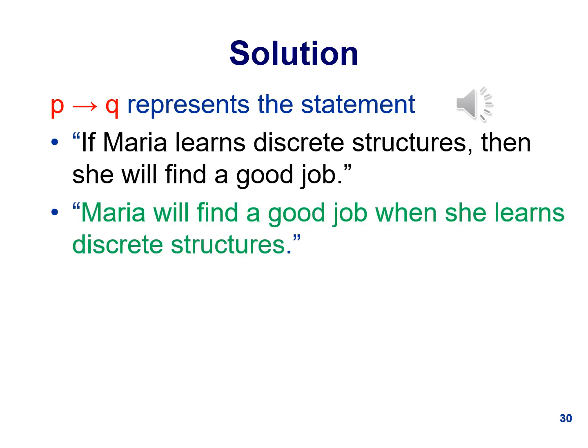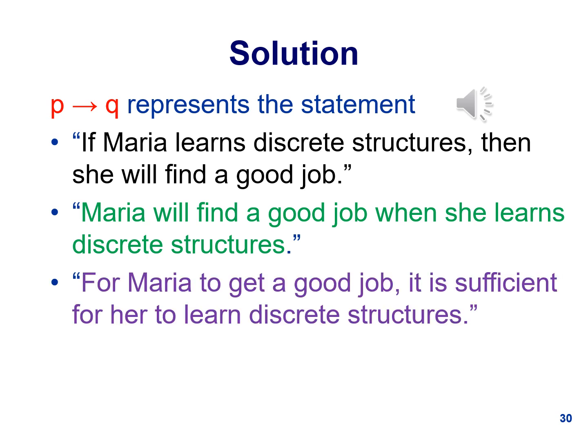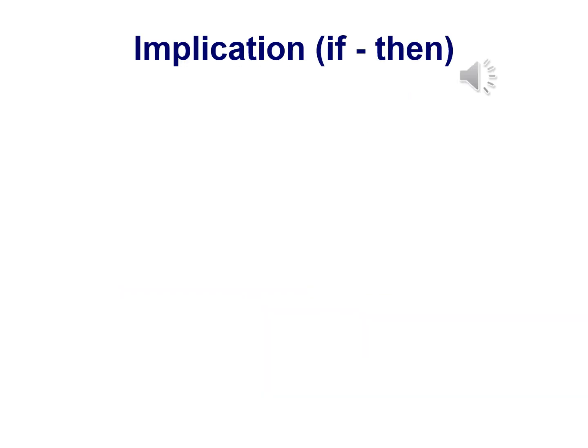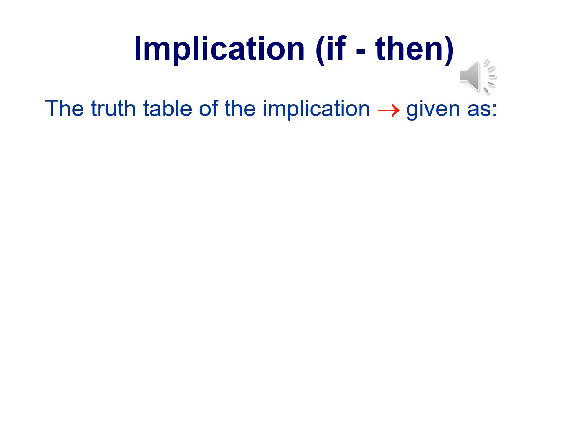Maria will find a good job when she learns discrete structures. For Maria to get a good job, it is sufficient for her to learn discrete structures. Maria will find a good job unless she does not learn discrete structures. The truth table of the implication if-then is given as